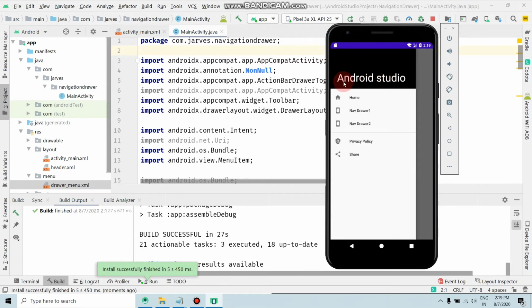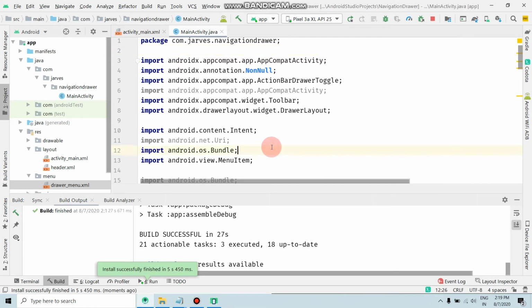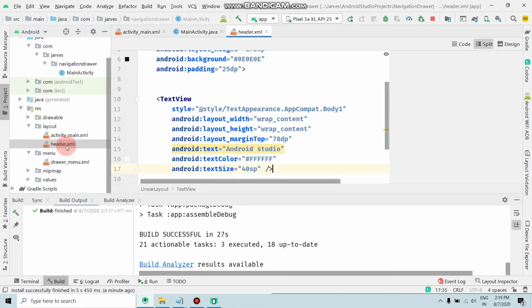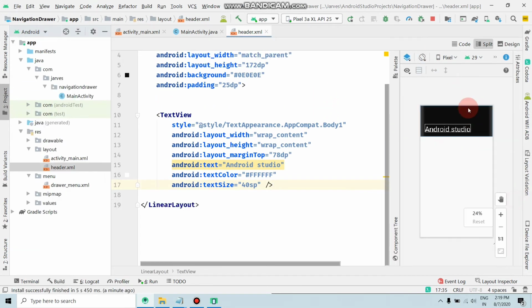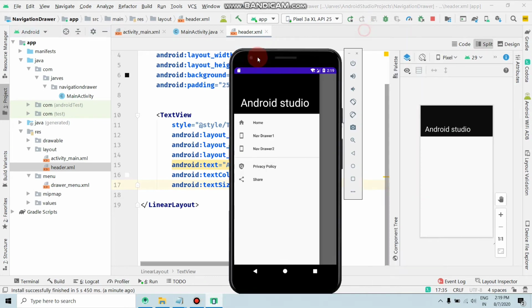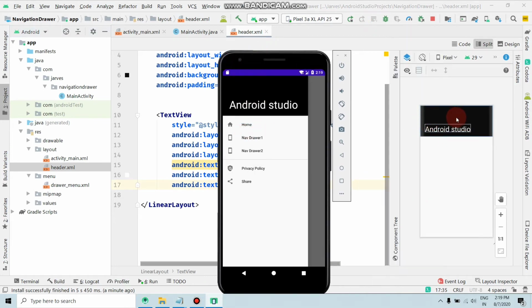Now I will tell you how to change this and how to change these names. Now go to the header file, minimize this. As you can see, this is the header and we can customize the header from here.